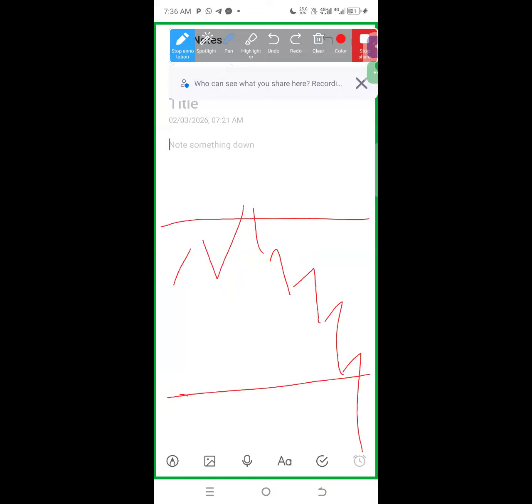Hope you've seen how we are underlining the support and then the resistance. So you look at this particular chart as an example. Now, critical analysis from this chart, you realize that